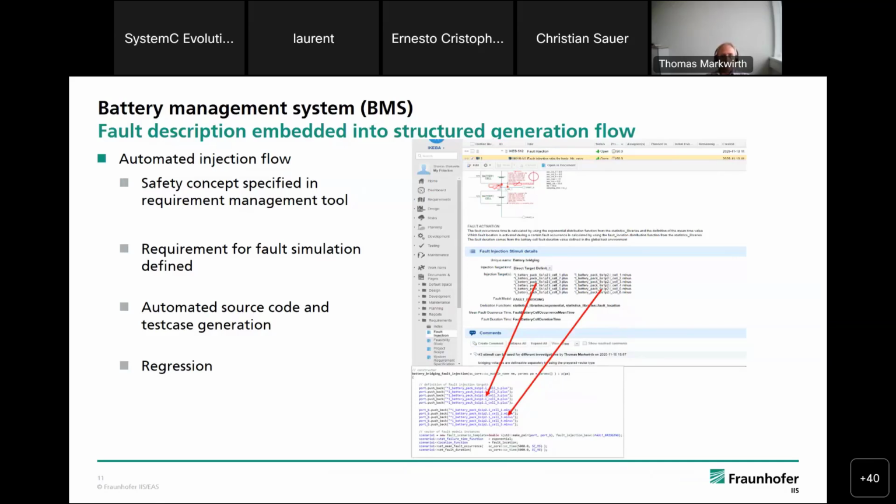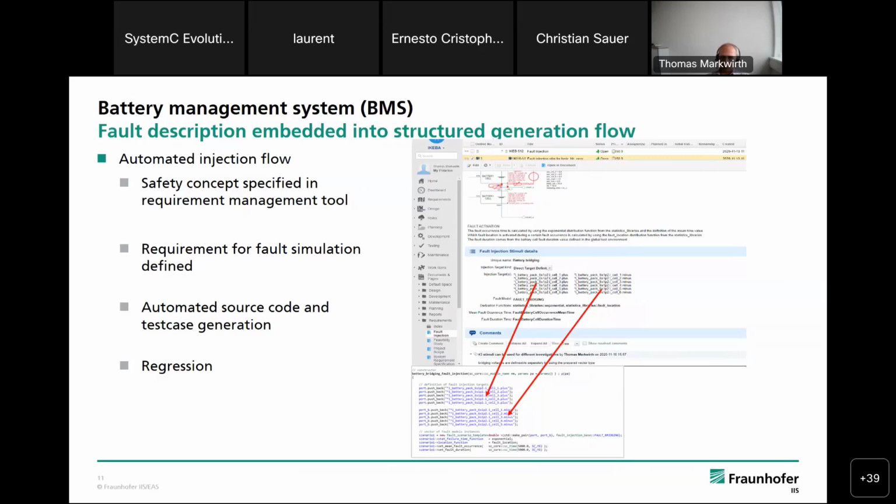before, is also embedded into this structured generation flow. We do not model this fault description in source code by hand. It is integrated into the generation flow. So we have a safety concept. This is specified in the requirement management tool, beside also the functional specification. It includes this description and also the requirement for the fault simulation, which is